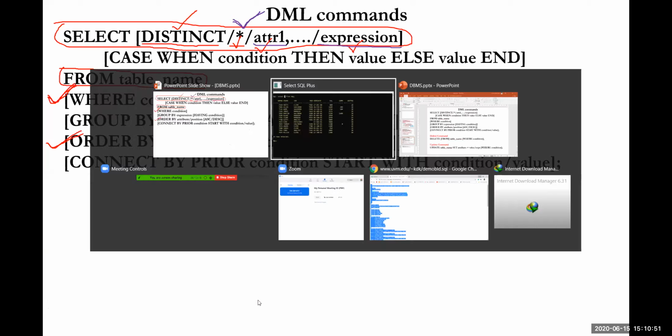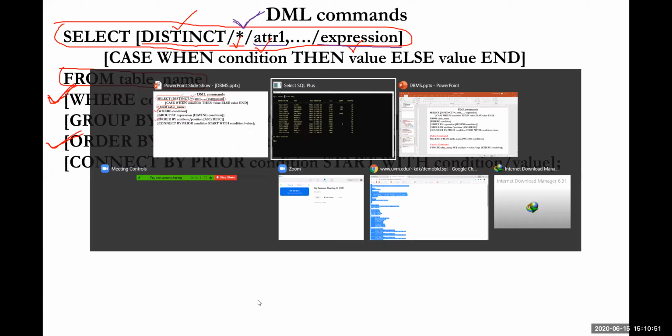So look at this particular table. The total number of attributes is 8, and the total number of rows is 14. Everything will be selected and displayed when you use star here. So that is the importance of this particular star. Star will always display the complete rows of that particular table. Complete rows and complete columns will be displayed.